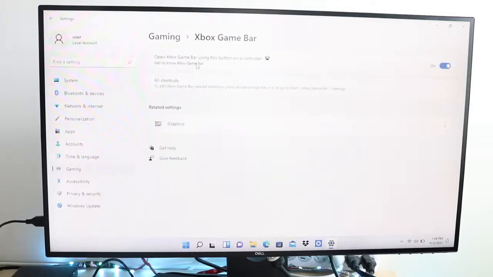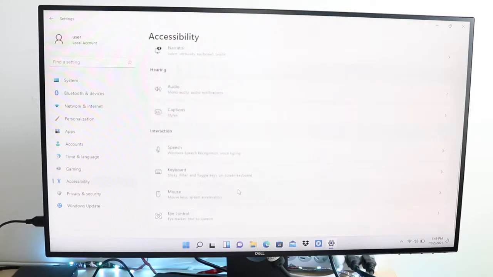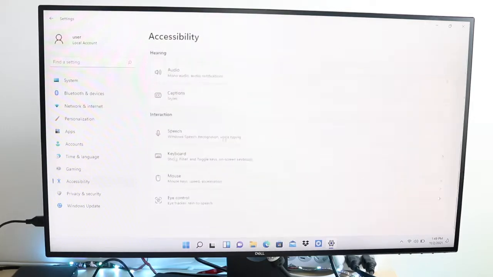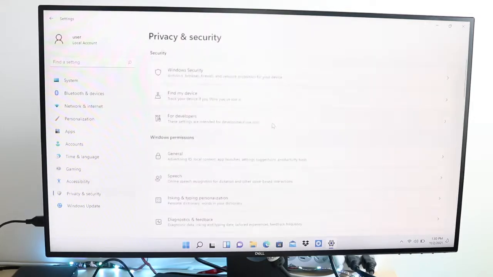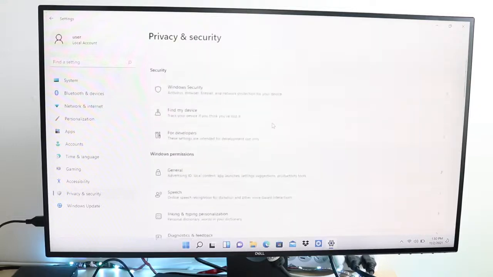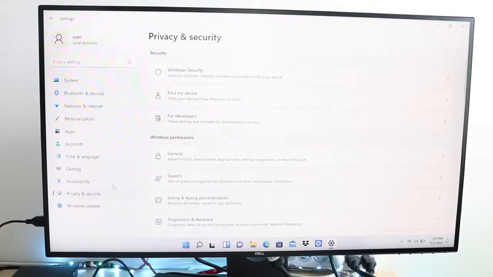So if you click on Xbox Game Bar, and I'll make a separate video talking about this, but there's a lot of little shortcuts within Windows to kind of offer things that other applications actually offer. So I'd recommend to check out the link in the description for different ways to actually screen record and different things like that. I've already made tutorials on them, so this is a basic guide, so I'm not going to go super crazy. Under accessibility, like we mentioned before with the lock screen, different things you can go and modify here. Privacy and security, I probably would never recommend modifying this,